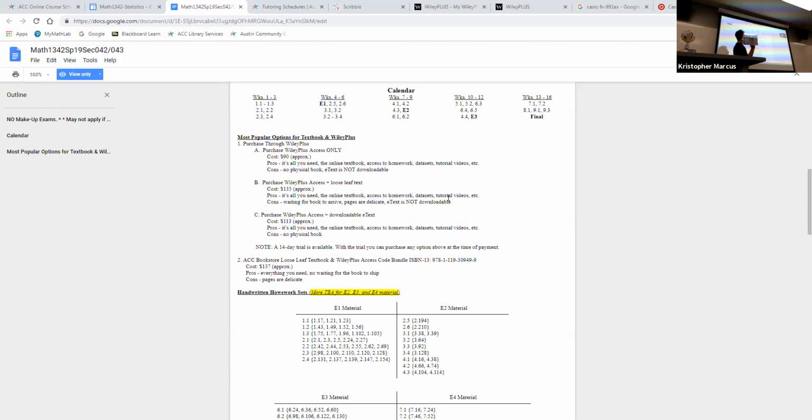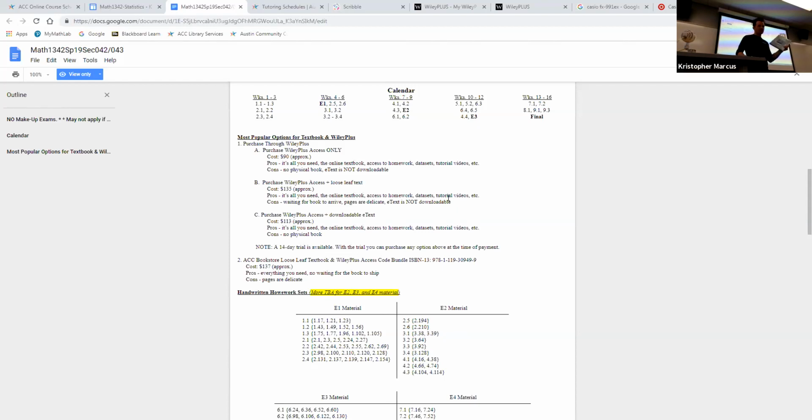The only suggestion I have about this, the con, is that these pages are very delicate. So when you go to put this in a 3-ring binder, don't put it all in a 3-ring binder. Only put the sections that will get you up to the next upcoming exam in your binder. So you can put 1.1 all the way up to section 2.4 in a binder and go through that. After we take exam 1, you might take that out of your binder and then stick in sections 2.5 up to 4.3 and so on. That way it puts less wear and tear on the book and it's easier to carry for you.